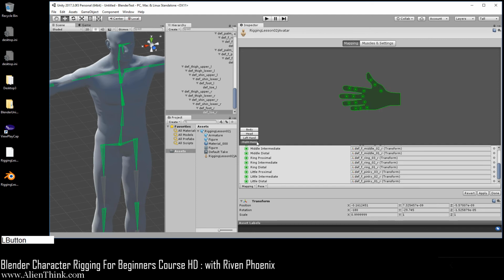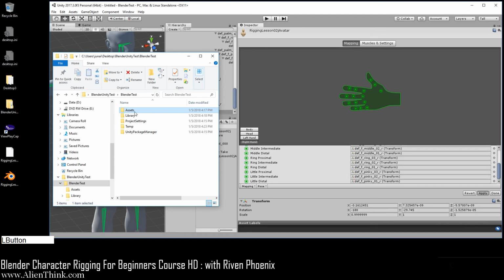It'll be the same thing on the right. And that's it. Now we're going to click on apply. Now typically you only have to do this one time, but sometimes if you import or save the file again, you might have to do it again. So next time when you save the file that you have over here, you can simply drag it again or save it inside the assets folder.